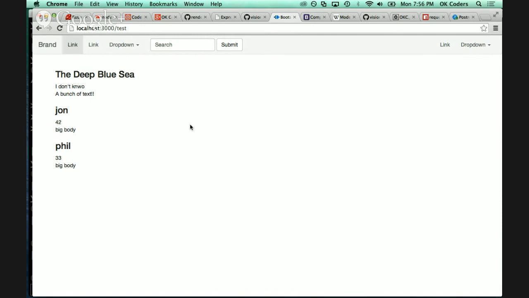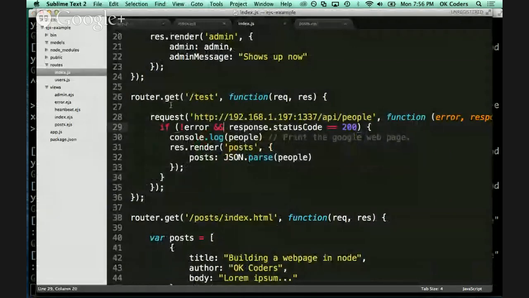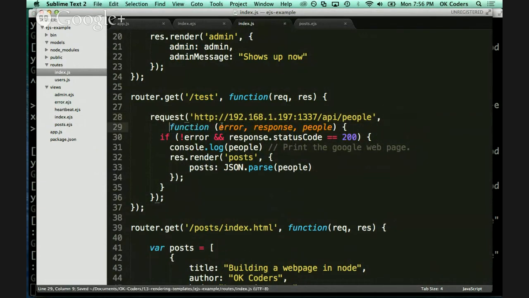And check out how callbacks are being used in here, right? When I set up my router, I have to provide a callback function because nobody's hitting that URL yet. And then when somebody does finally hit that URL, I make a request. But this request is going to take time to complete. It doesn't execute immediately. So I pass my own callback function to that request, this guy here,